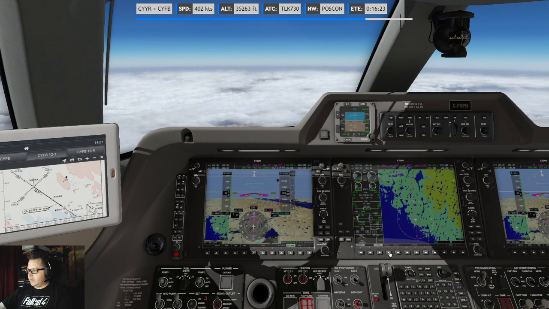One thing I will do is put terrain on and NEXRAD on here.